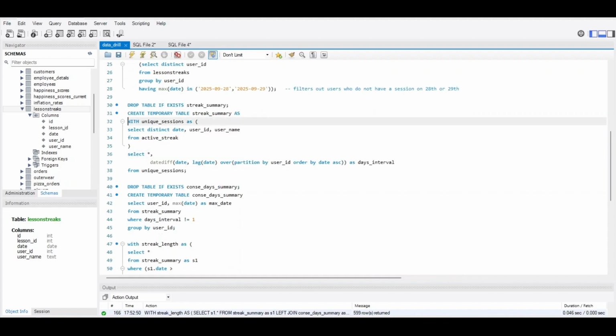Within this temporary table, I created a CTE. Within the CTE, I've selected the unique sessions, and then within those unique sessions, I'm creating the days interval column. So if I run this out for you guys,